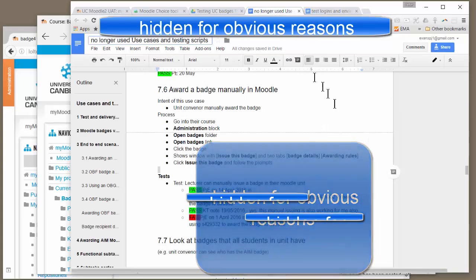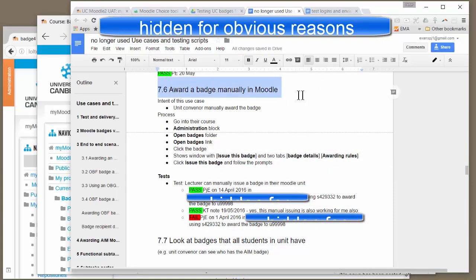When we're doing the user testing for each of the functions, we break them down into the smallest functional unit. So this is the test for awarding a badge manually in Moodle. Each of the functional tests has the intent of that particular functional test or use case, the step-by-step process that the testers would need to go through, and then underneath that a number of tests that are applied against that